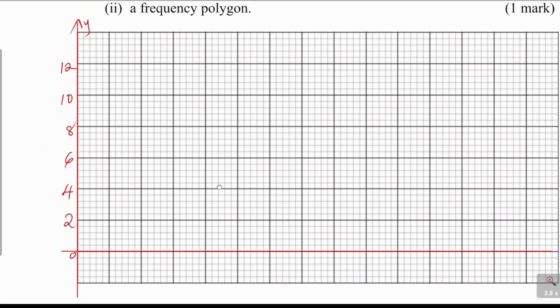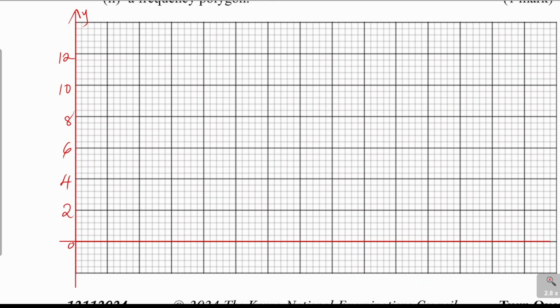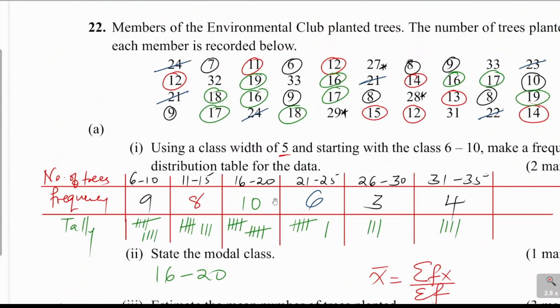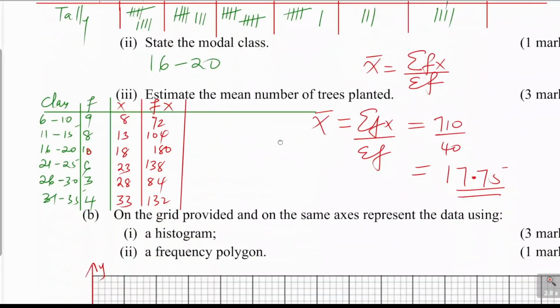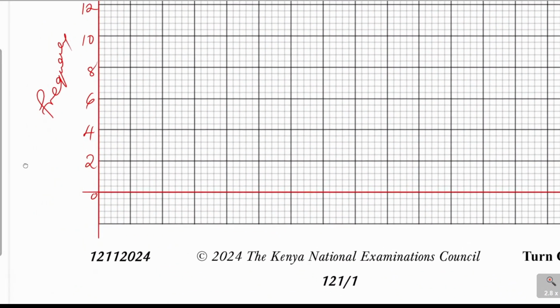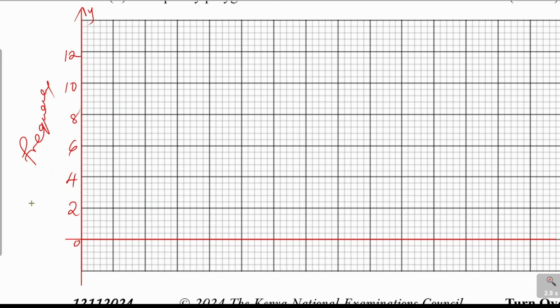Then for the, so this is the frequency. The frequency, which represents in this case the number of trees. So these are the number of trees. Then we have on the x-axis,